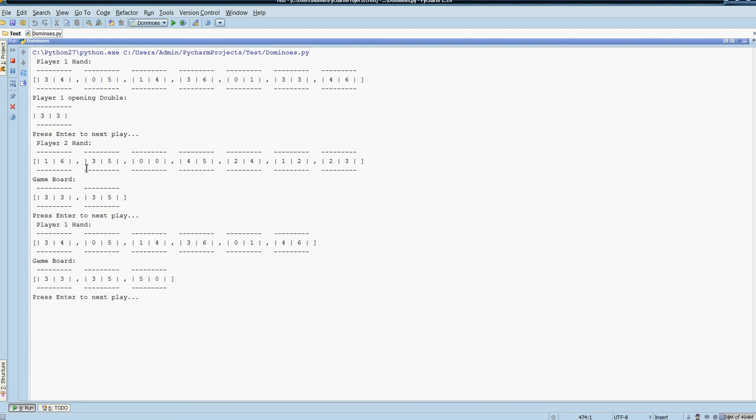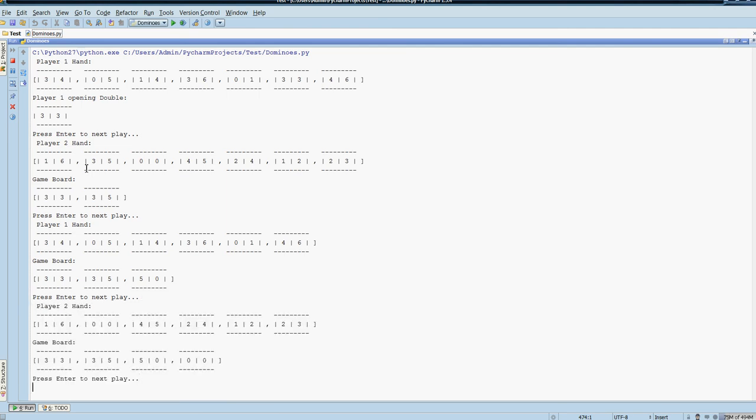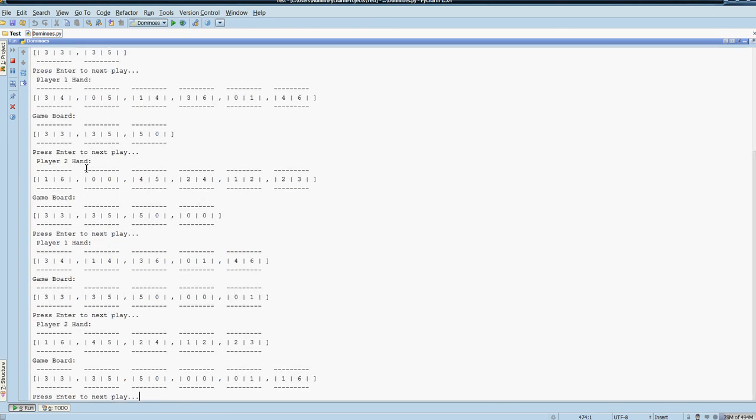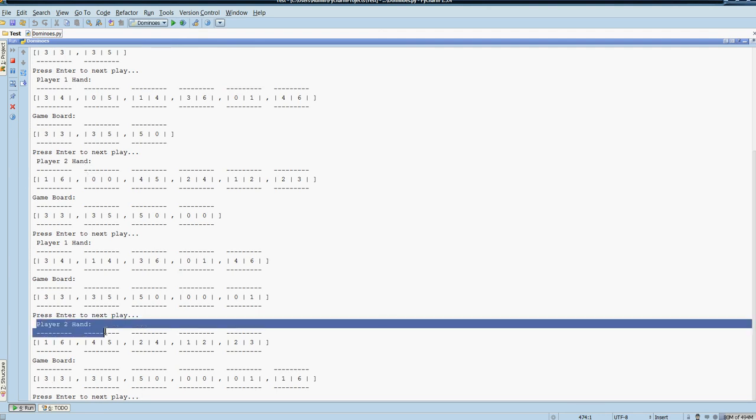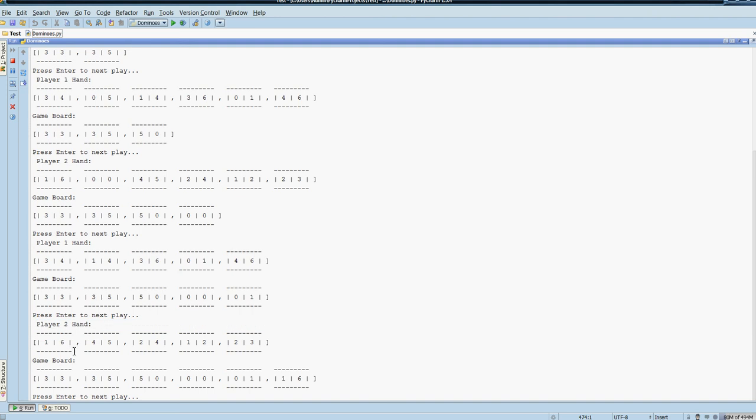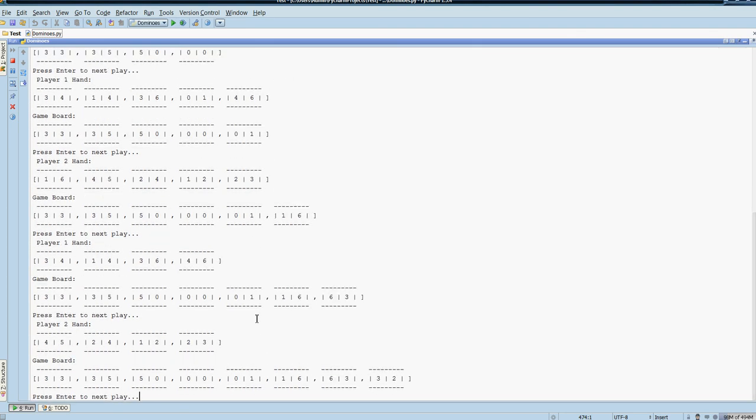So then it goes between player 1 and 2, and it keeps on updating the board with a new piece. At each round, it shows player 2's hand, and it also shows the piece before it's put down and also on the game board. So this piece right here, 1-6, it wants to place on the board right here on the right. So on the next turn, that piece will be removed from the player's hand since it's on the board. So it keeps on playing, it goes back and forth